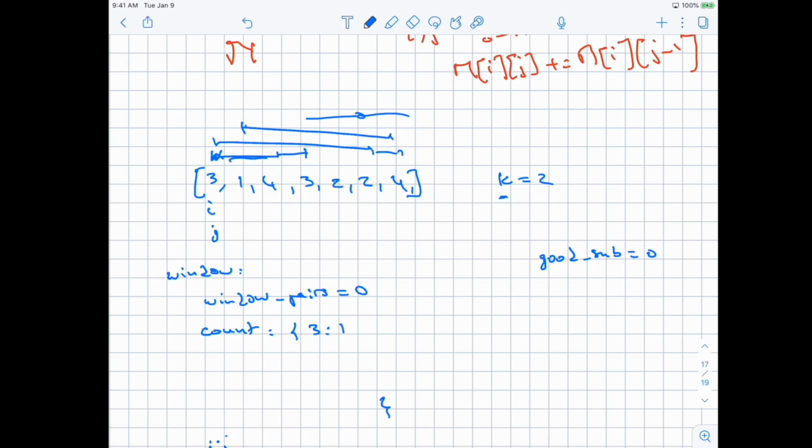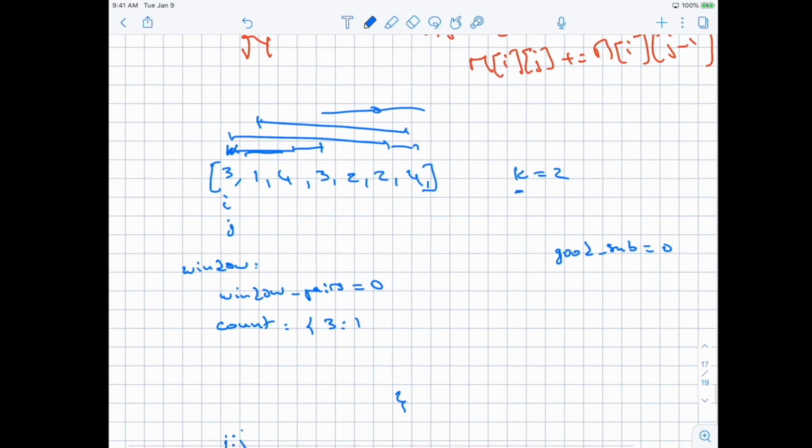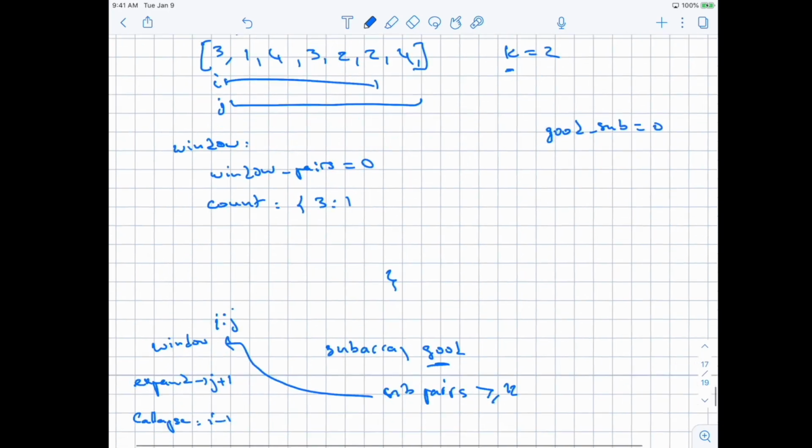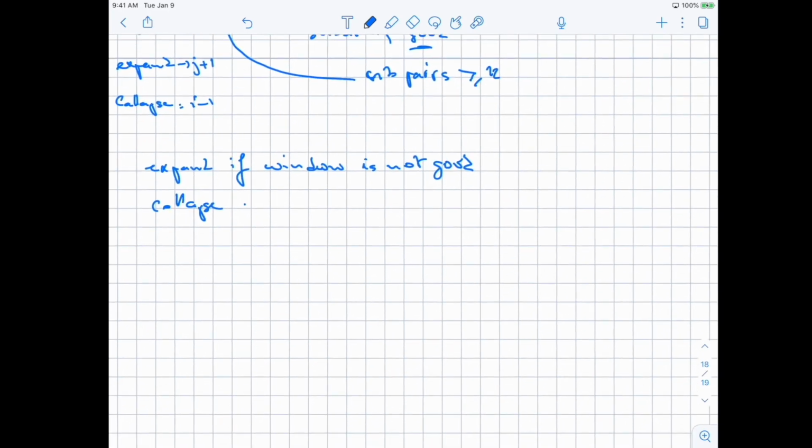And so we collapse only when the window is good and we reach the end of J. Because if let's say this window is good and we start collapsing immediately, then the problem is we won't count this overall window, right? And so one important thing here is collapse once window is good